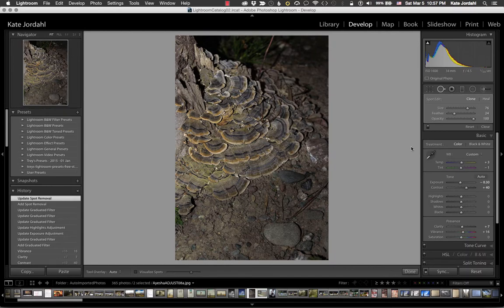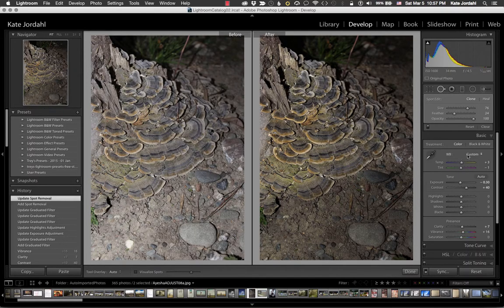Okay, before and after. I think in a few short seconds, we have an image that really is what you were paying attention to, which is this beautiful, beautiful growth and its amazing textures. Okay, in your other picture,